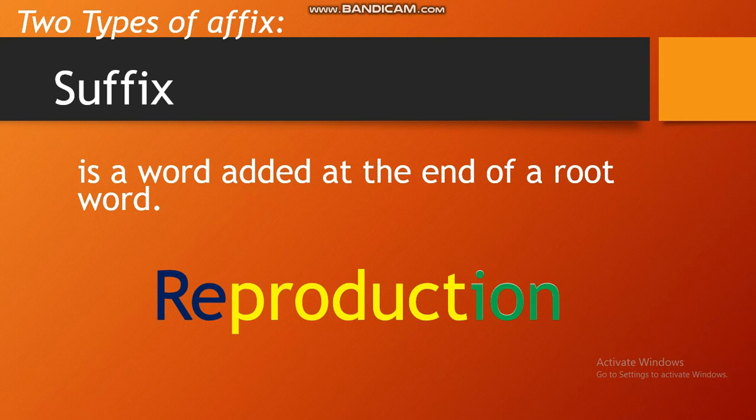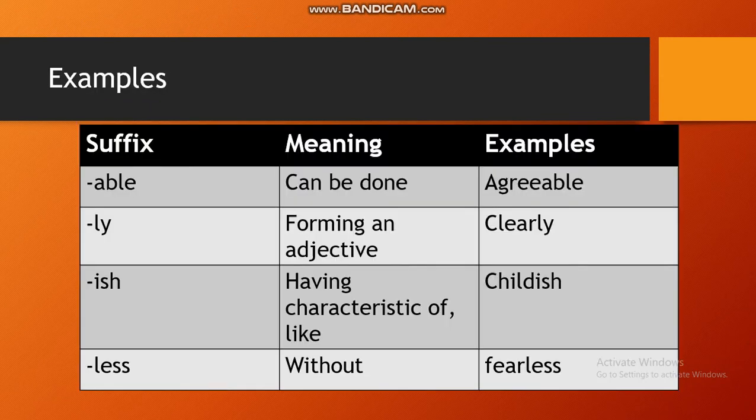Reproduction. Observe this table. These are the commonly used suffixes. First one, able. Its meaning is can be done, meaning it's possible. Example, agreeable. Suffix ly. Its meaning is forming an adverb or adjective. Example, clearly. And the next suffix,